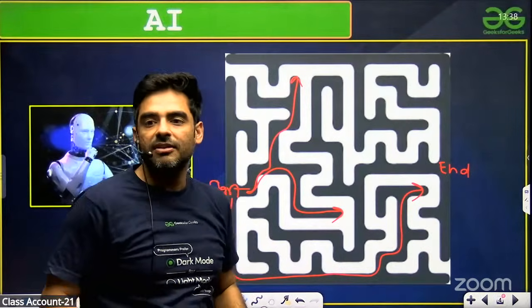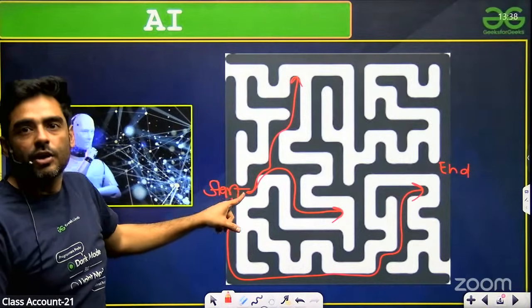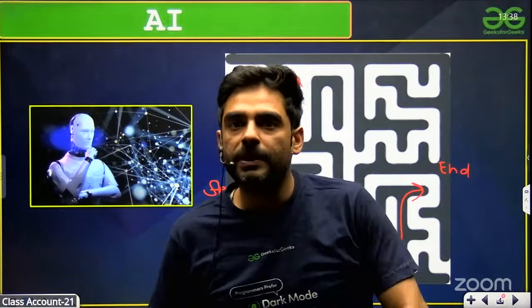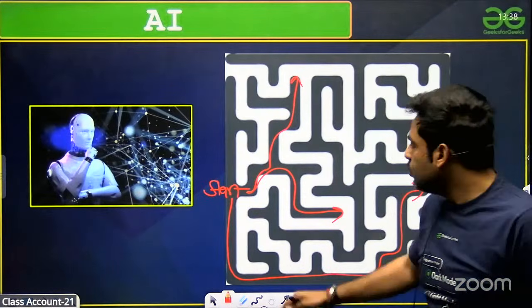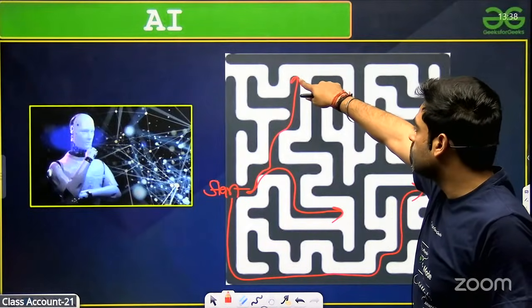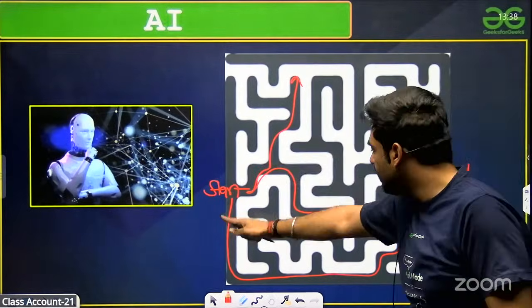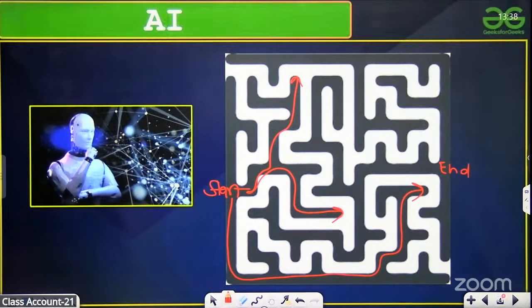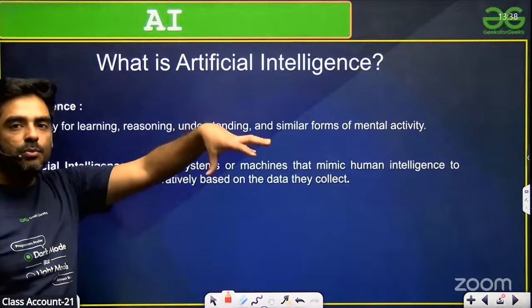अगर मान लीजिए if I ask a certain AI system कि भाई you have to solve this maze, तो what would be the approach that AI system would be using? AI would also be saying, okay, let me start from here, let me traverse through one path, वहां पर dead end आ गया, कोई बात नहीं, let's travel to the next, we have a dead end, then let us travel to the next, we have a dead end. So basically what exactly would AI be doing?